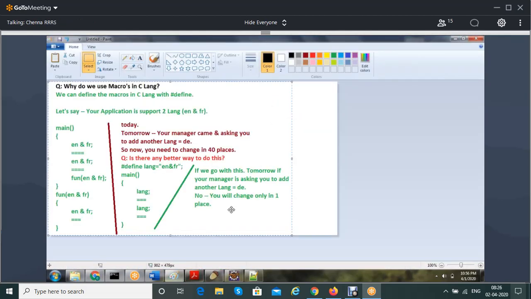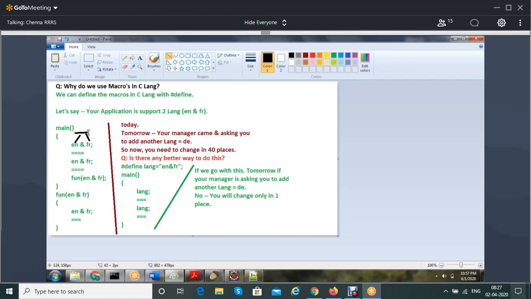Excellent, okay. So now look at here please. Let's take the example of C language. I don't want to draw everything now because it's going to take 10 minutes to type it, so I just took an example. You are writing a C program. In the C program, you have something called English, French.